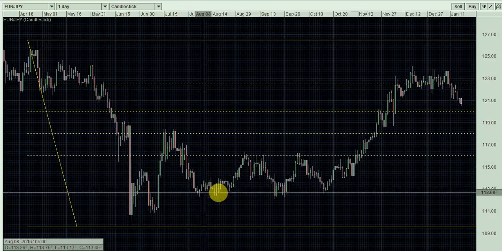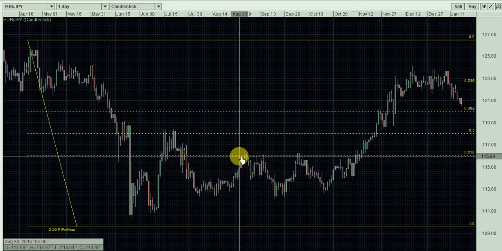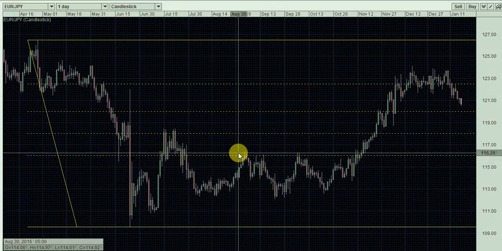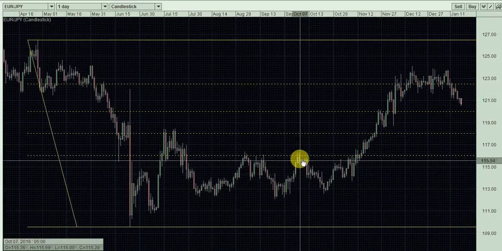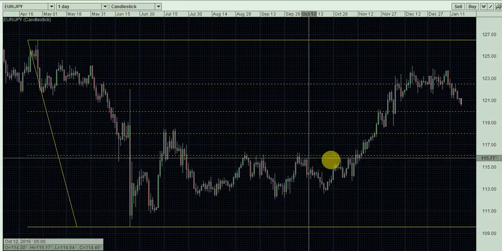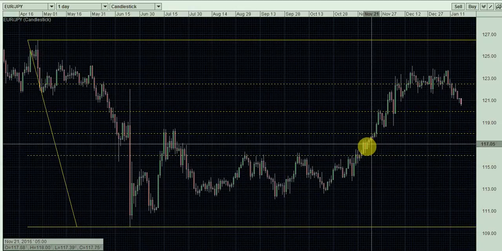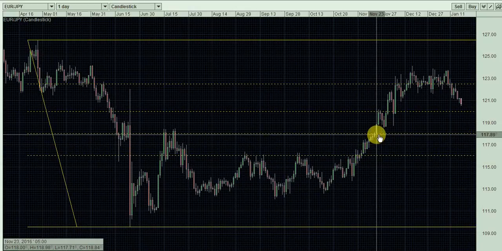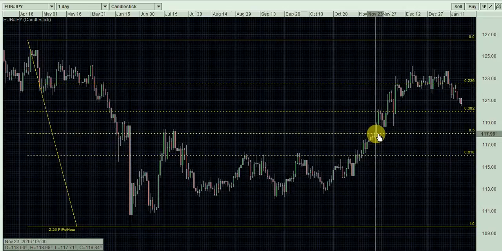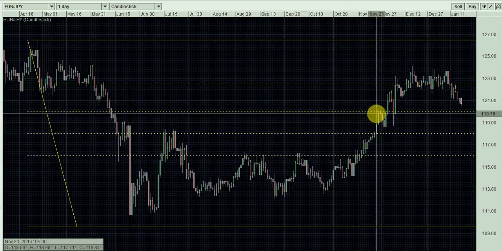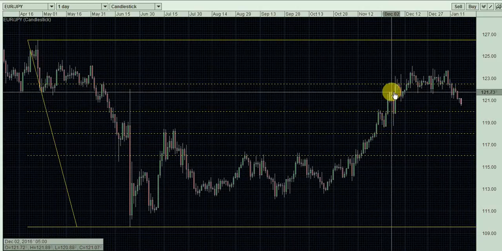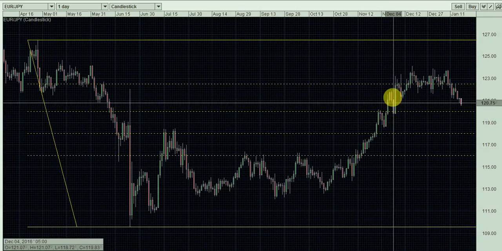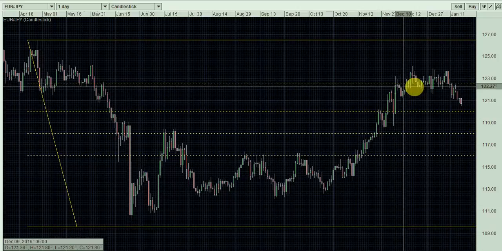Price came back down, it's touched there, as you can see, price has touched it, tried to rise above it, closed below, retraced back down. Tested again, tested again, until it's made its way through. Price has stopped here, and then bust through again, touched the 382 level, retraced back down, powered through it, come back down, tested the level again, back up to the 236. So as you can see,